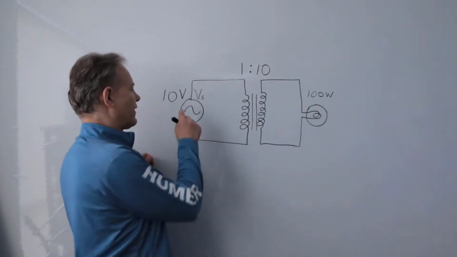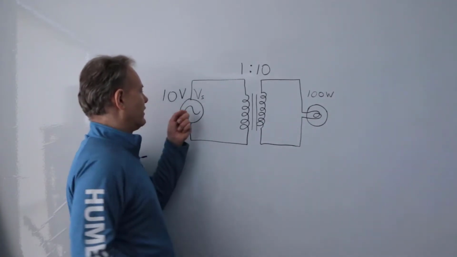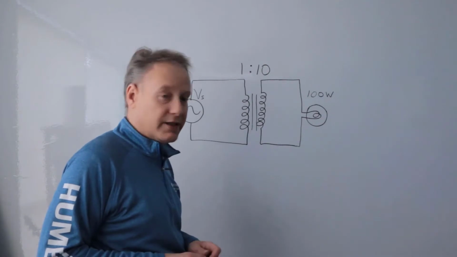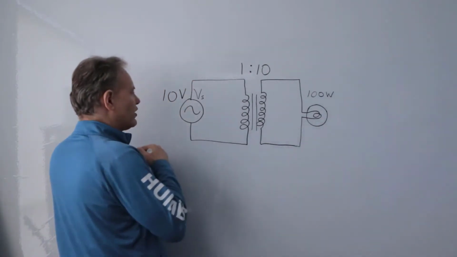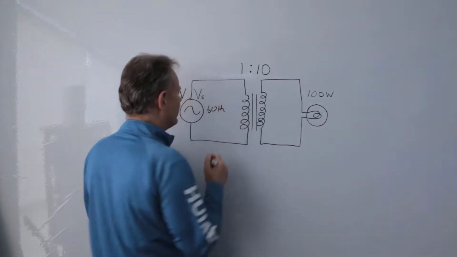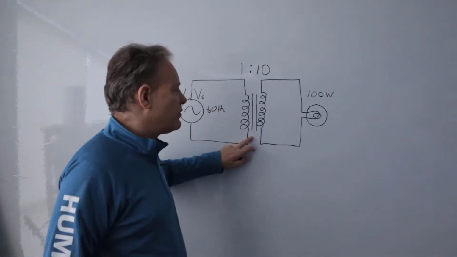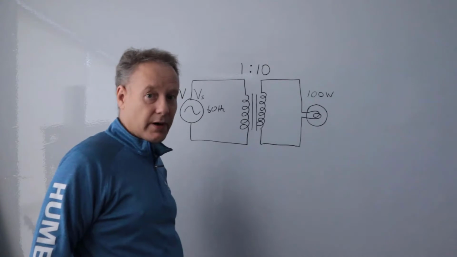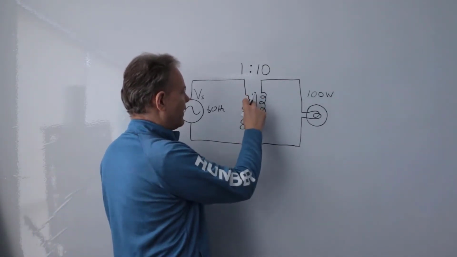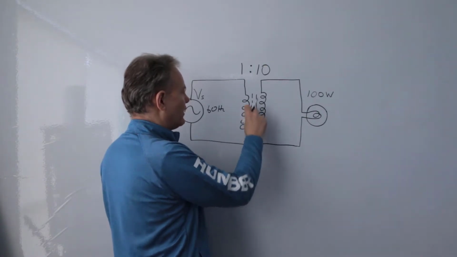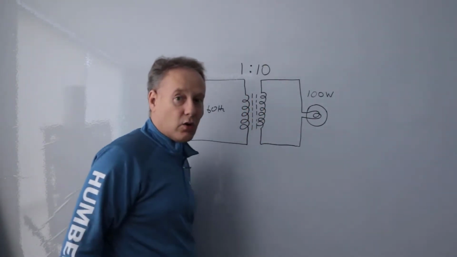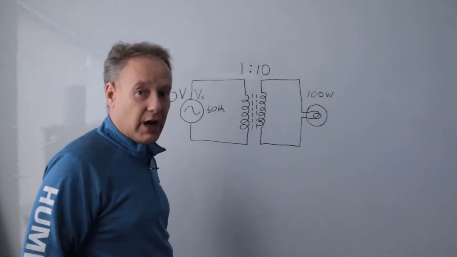What's going on here is I've got my power supply. Obviously it's an AC power supply because we know these do not work on DC, so we need an AC power supply here. I'm going to label it 60 Hertz, just to indicate that's why I'm using an iron core transformer. We know the iron core transformers are those solid lines. If I were to make a dotted line on both sides, then I know that is a ferrite core, and we use ferrite cores for much higher